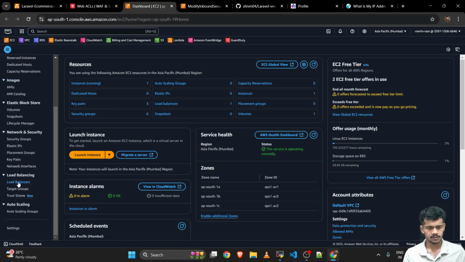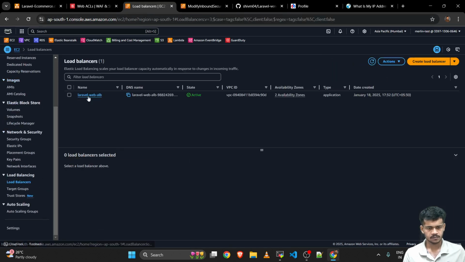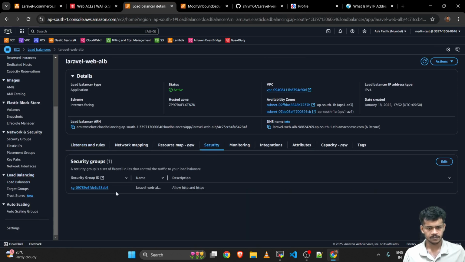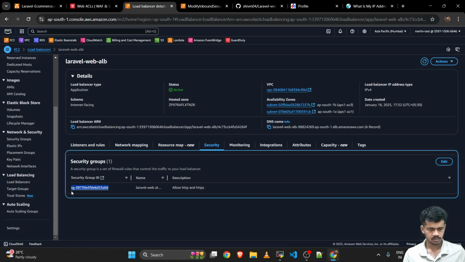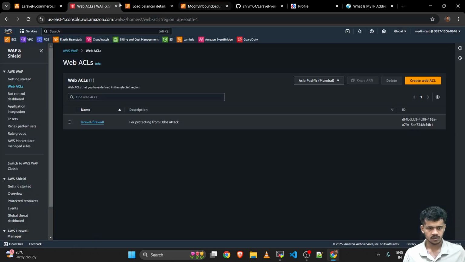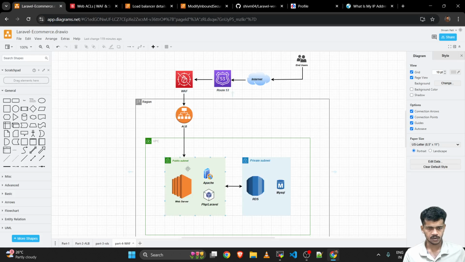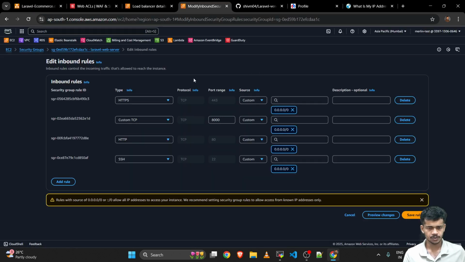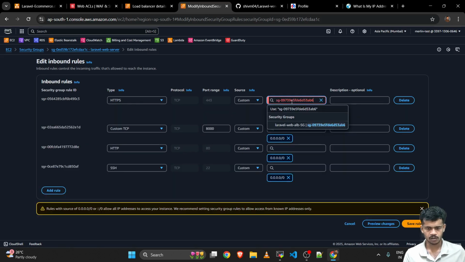So go to the load balancer. This is the security. Whenever you have the load balancer placed above your EC2 server, then in the EC2 security group for the HTTPS port, add the load balancer security group, not the public,